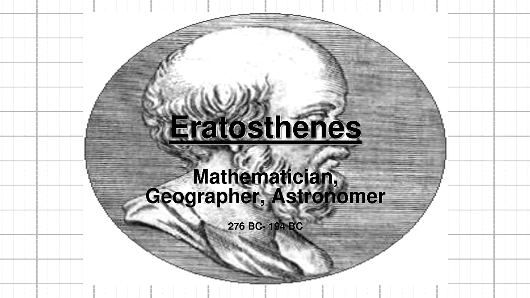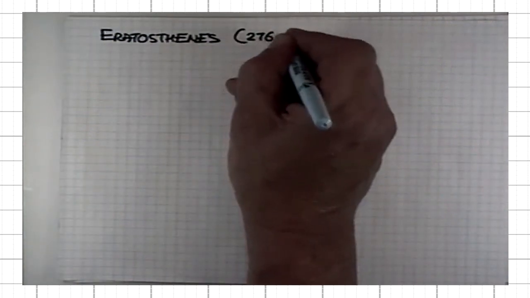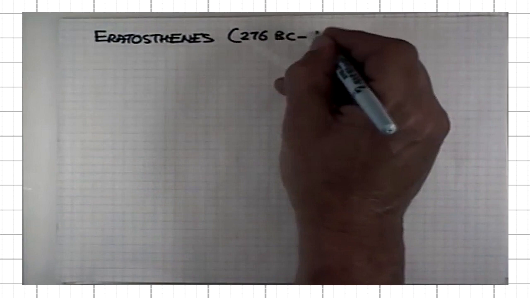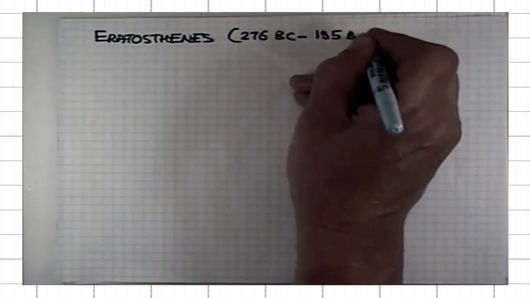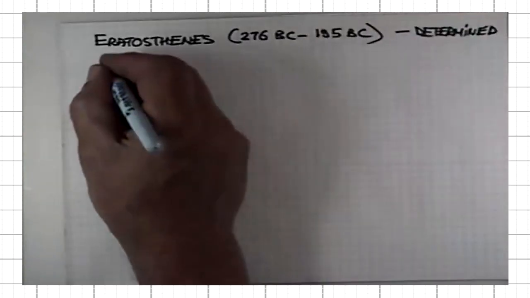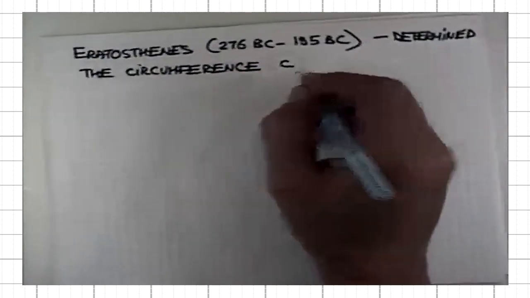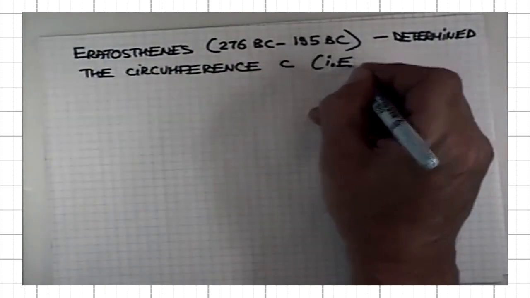The next important contribution is that of Eratosthenes, who was the first to determine the circumference of the Earth, or the radius of the Earth. He lived from 276 BC to 195 BC. He determined the circumference C, that is the radius